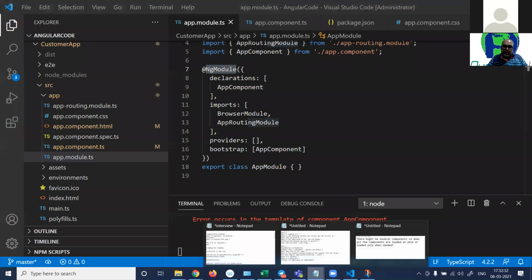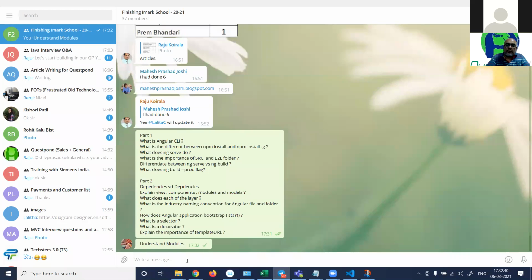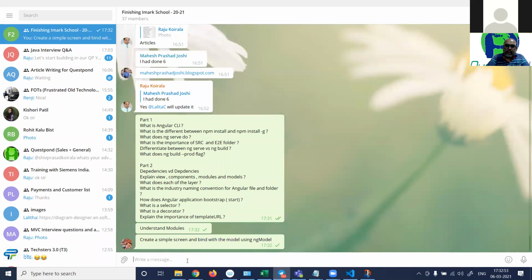So in tomorrow's day, the goal is: understand modules, create a simple screen, 2 text box screen I'll create, and bind with the model using ng model. And we'll also see something called as expressions and directives, right?